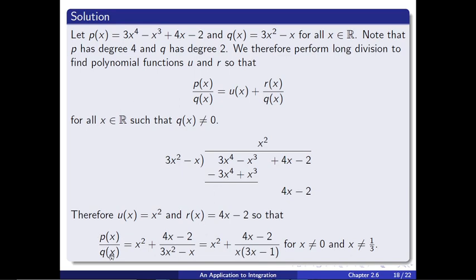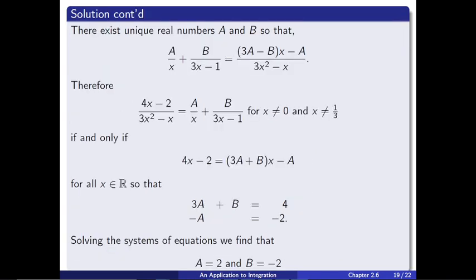So p of x over q of x can then be written as qx squared plus (4x minus 2) over (3x squared minus x), and we have to have the condition that q of x is not equal to 0, so that means x cannot be equal to 0 and x cannot be equal to 1/3, right? So from our theorem, there exist unique real numbers a and b,